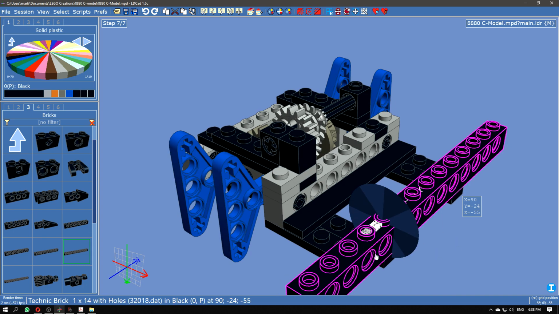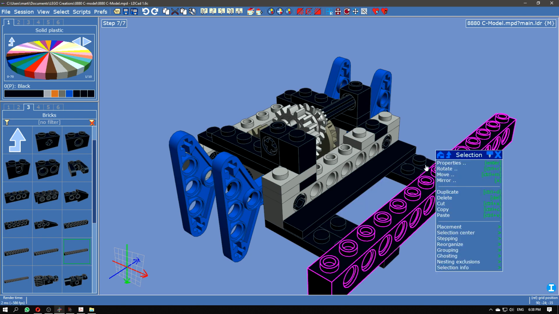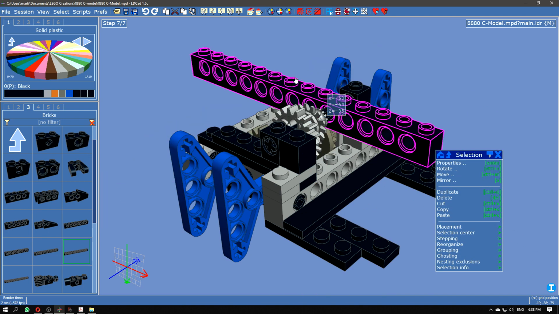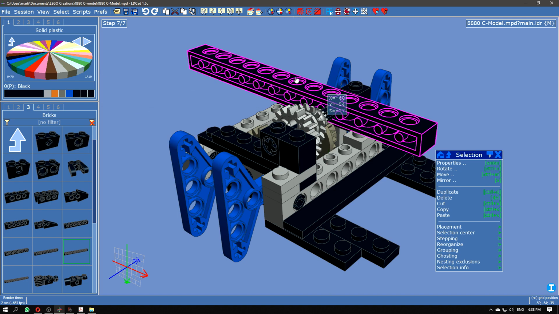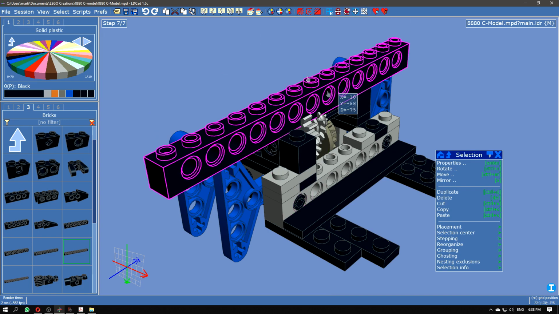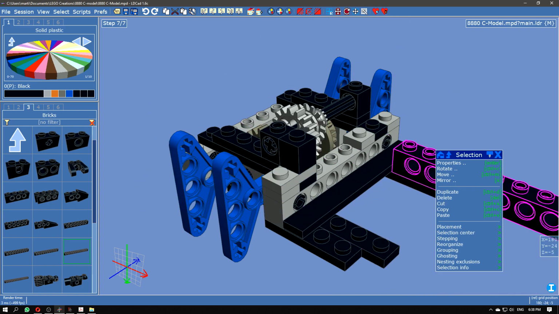What you can also do instead is, when you hold on to the part, use your arrow keys. There you go, using my arrow keys to rotate the piece in any way you desire. So as you can see, I can turn it any way I want. So I can then turn it around, and then with part snapping enabled, I can put it on the beam that I want it to be at,